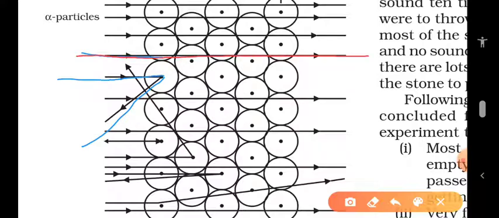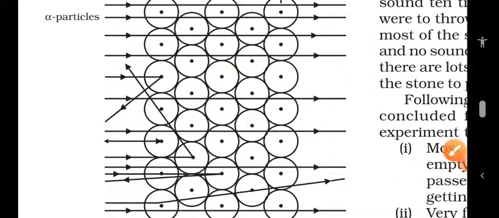So these are the two examples. This one is going in a straight line, not at all returning back. But this blue line, this alpha particle is coming back in a different direction. The reason is this one is striking the center of the atom. So when it strikes the center of the atom, it's coming back. But if there is no center of the atom, it keeps on moving in a straight line. This is the conclusion from this experiment.